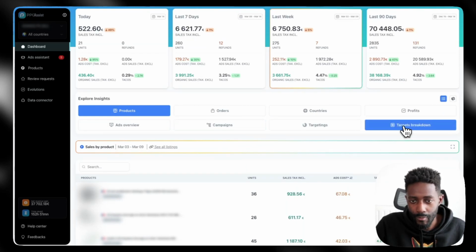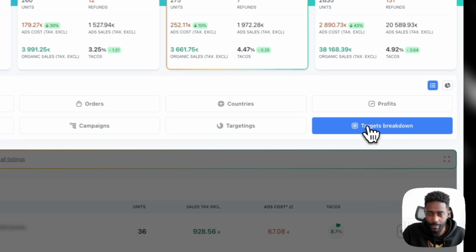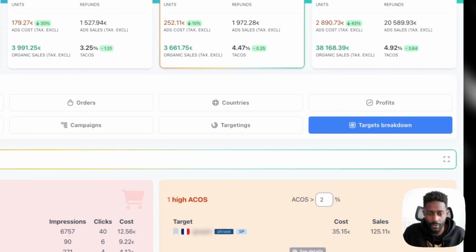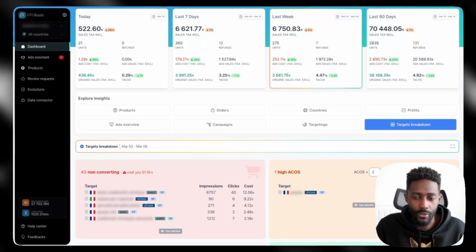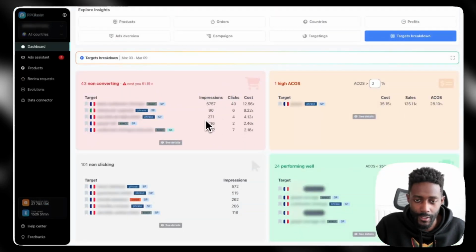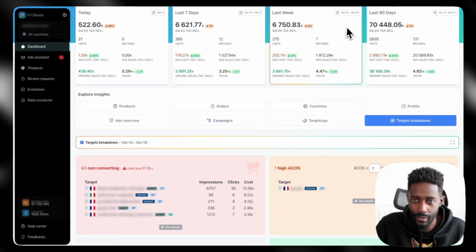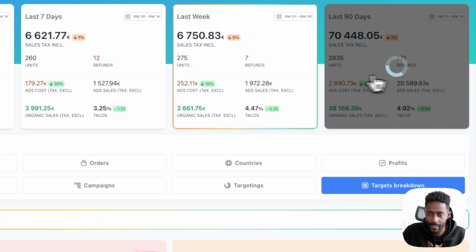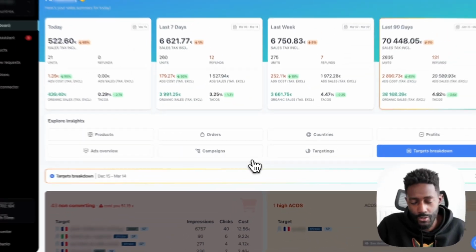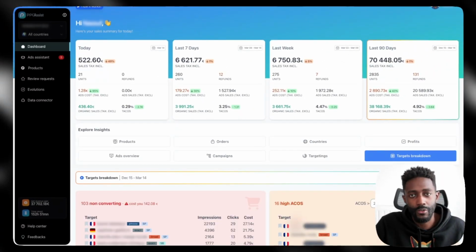One of the most interesting is this one, the target breakdown. You want to quickly see the targets that are not performing, not converting, or have a high ACOS. So you just click here. You will see all your targets that are not converting during the last week. You can select the last 90 days, for example, and in just 2 clicks, without having to dig into multiple